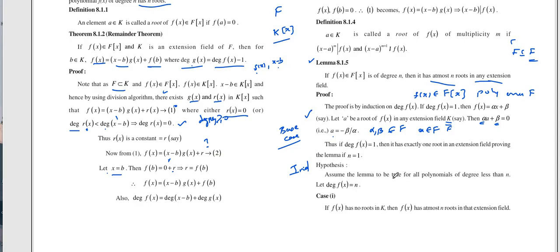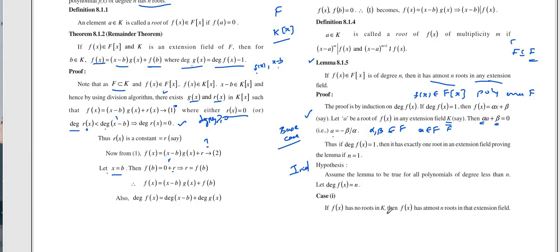That means whenever I consider any polynomial whose degree is less than n, it will have at most so many roots in any extension field. So that is the meaning. Now we consider the two cases. In any extension, let that extension be some k. If f of x has no roots in that,